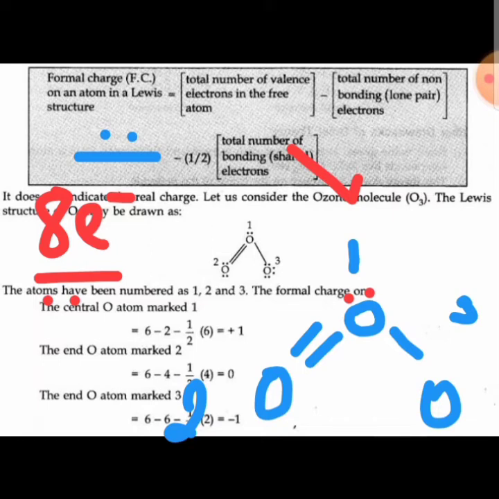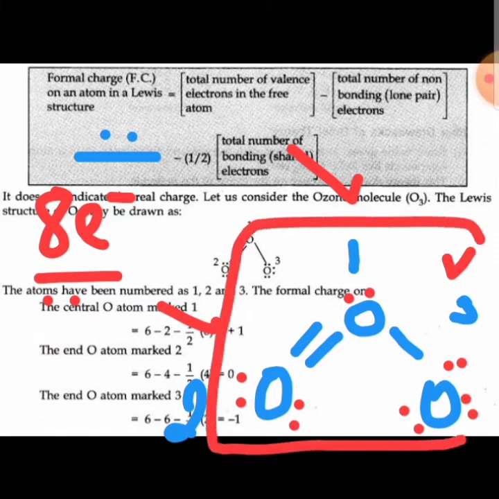And in the second oxygen, you can find two covalent bonds, that is between the first and second oxygen. Two covalent bonds means 4 electrons, and to form the octet electronic configuration, the other 4 electrons I am going to represent in the form of two lone pairs. And in the third oxygen, between first and third you can find one single covalent bond, which means 2 electrons, and the remaining 6 electrons I am going to write in the form of 3 lone pairs of electrons. This is the electron dot or Lewis dot structure of ozone.